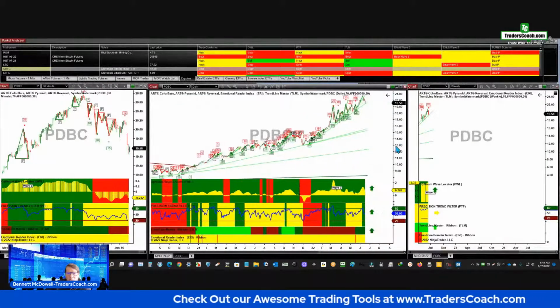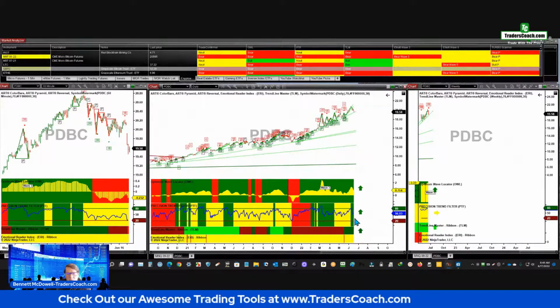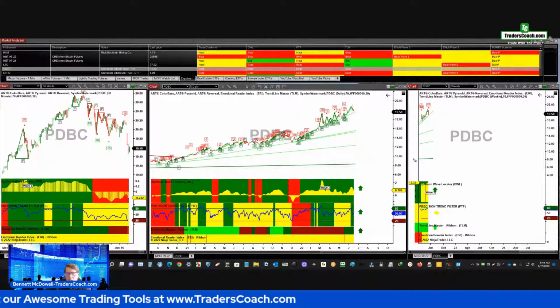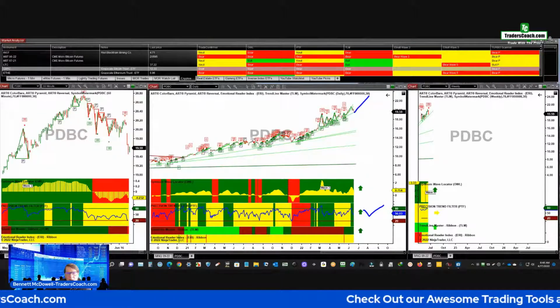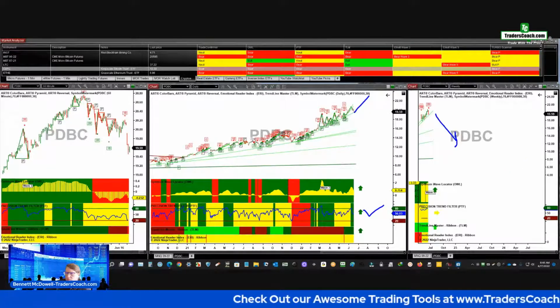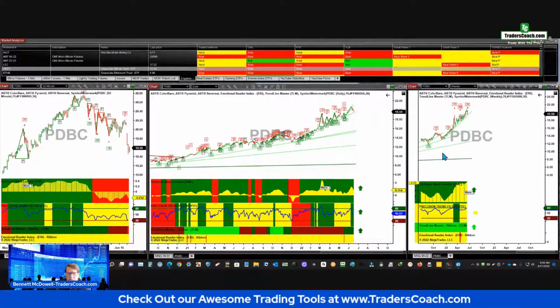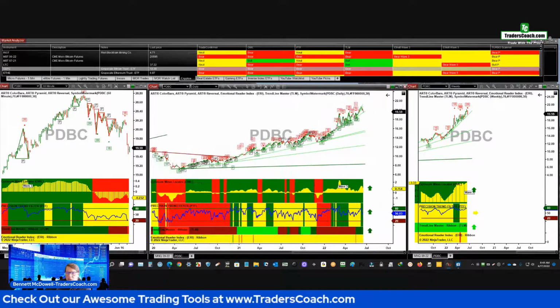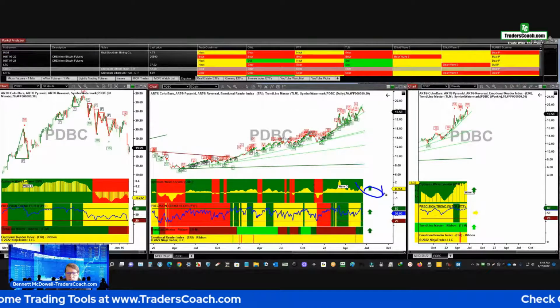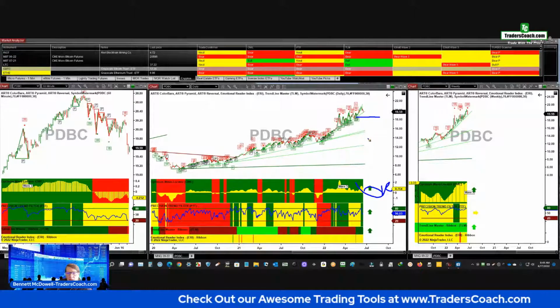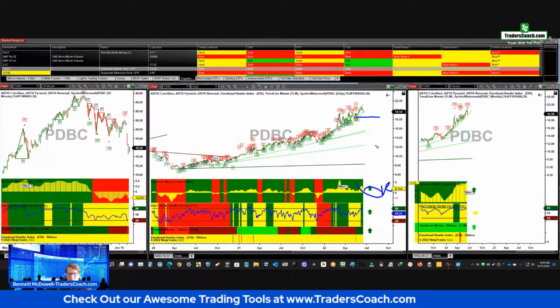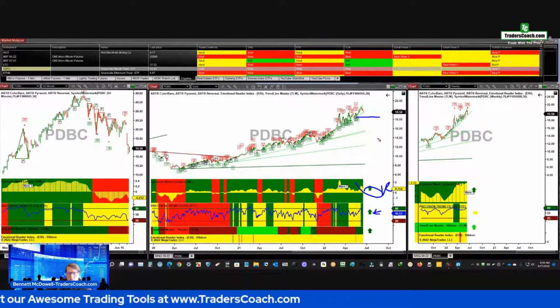Let's see what we got. All right, so the lower time frame chart, the daily chart, is showing a green PTF. So we should have another high before a major correction. That's kind of the way I'm looking at that. Now, if this goes red, okay, then we've probably got to stop here. I'd probably scale out of half a position at the very least on this, if this remains green. Okay, that's how I would do that, because it's due for a correction.